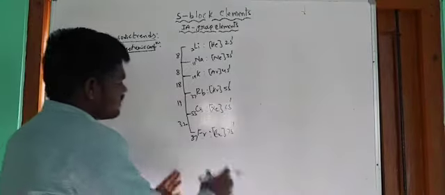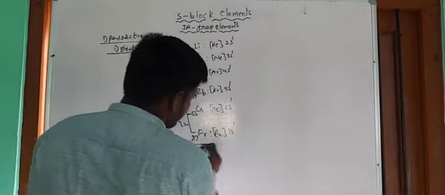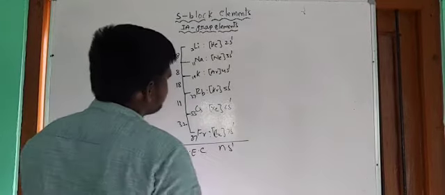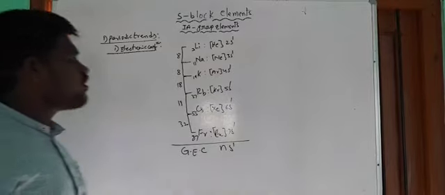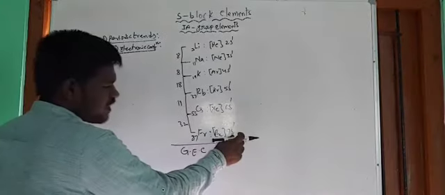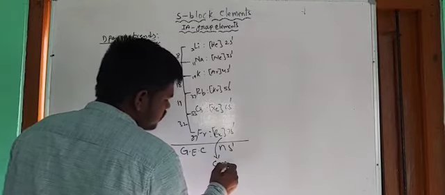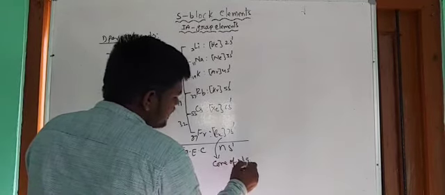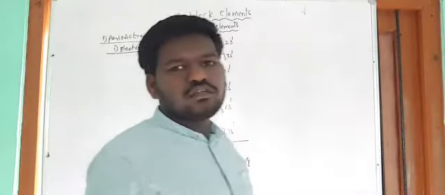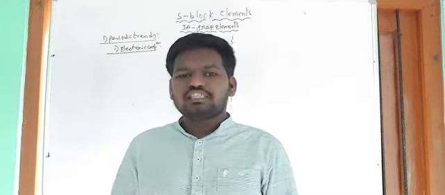Okay guys, this is the electronic configuration of the first A group elements. From the outermost shell configuration, we can write the general electronic configuration as ns1. In all the elements of the first A group, only one electron is present in the outermost shell. Before that one electron, there is a core of the noble gas. After losing their outermost electron, they can attain noble gas configuration. As a result, they will be very stable.